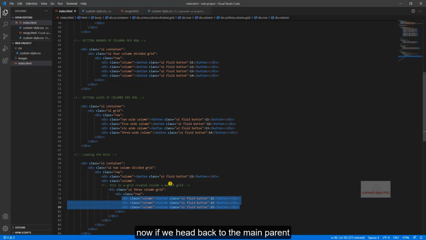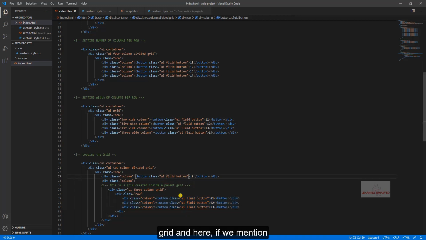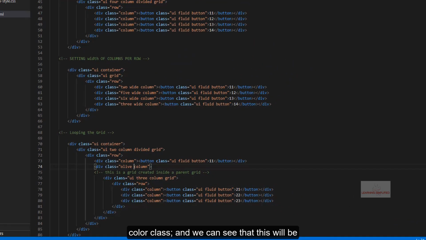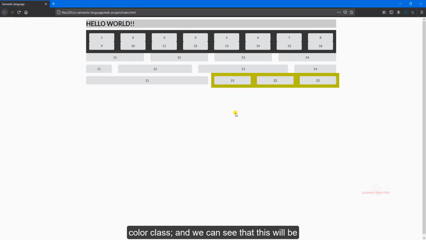Now if we head back to the main parent grid, and mention a definite color class here for this second column element, like we are using this olive color class, we can see that this will be the obvious result.